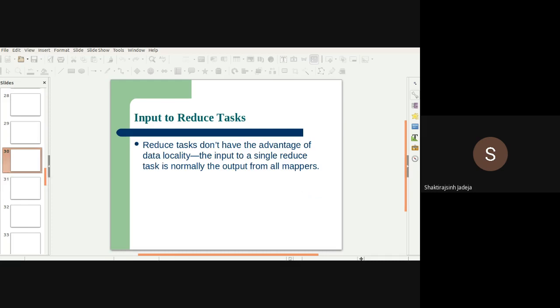Okay. Now we have to get the inputs to the reduce task. Reduce tasks don't have the advantage of data locality. The input to a single reduce task is normally the output of all mappers, right? All the map functions that have worked with the system will be working in parallel with the reduce task.